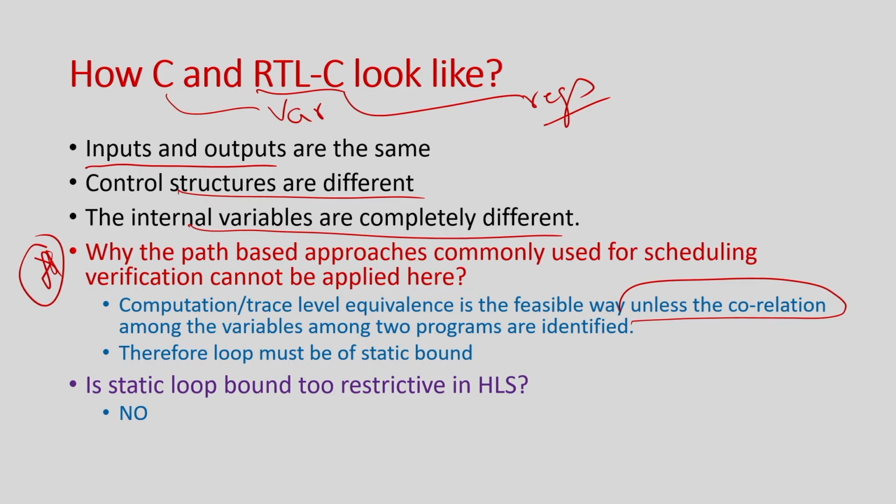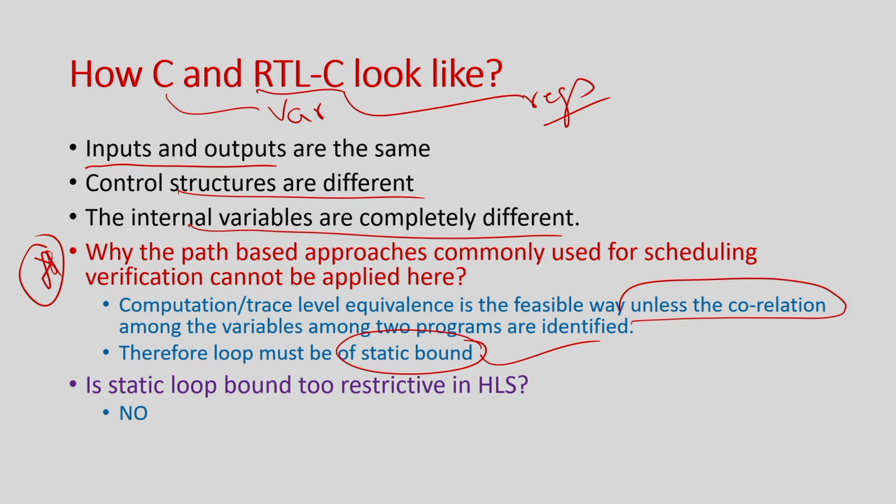Okay. So, for that obviously we have to assume that the loop bounds are static, because if the loop bound is dynamic, then I do not know how many traces are there. So, if this bound is not given and if I say this is an integer, then I have to run for 2 to the power 32 iterations of the loop, right, or if it is a long int, it will be 2 to the power 64 iterations. So, that many traces will be there. So, we cannot assume that. So, we will assume that the loop bounds are static and it is a very strict bound, that your loops cannot have a dynamic bound. It will always be say 1 to 10 or 1 to 100, 1 to 10,000, but it is not 1 to n, where n is an input. Okay.